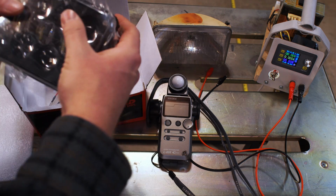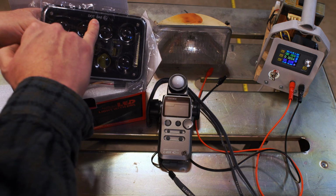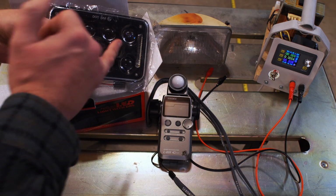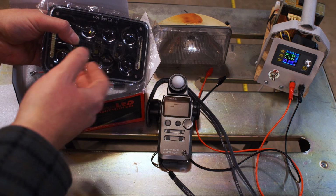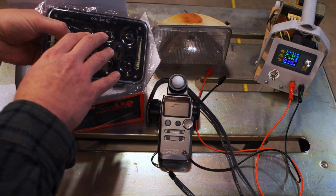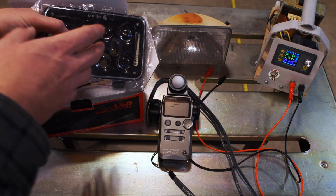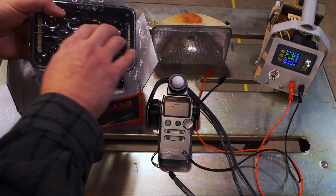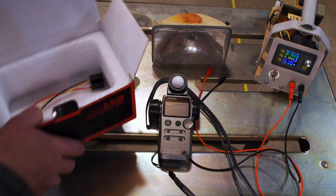So this is what we'll be testing. It has the DOT SAE label on it. Is it really DOT tested? I don't know, but we'll find out how good it is as far as DOT specs, specifically not blinding people. That's the biggest problem, especially with cheaper LED lights. They have a very poor cutoff. So we'll be testing this